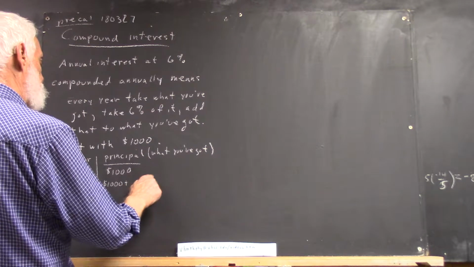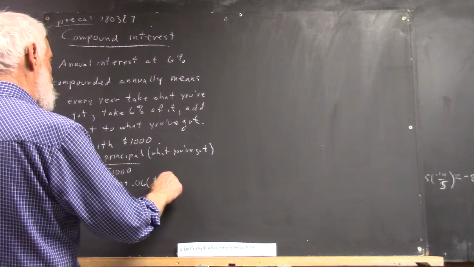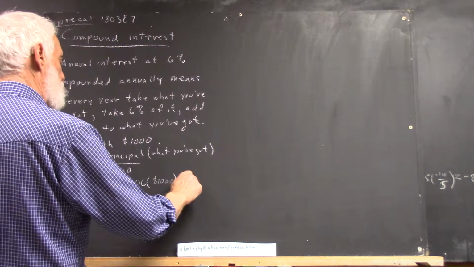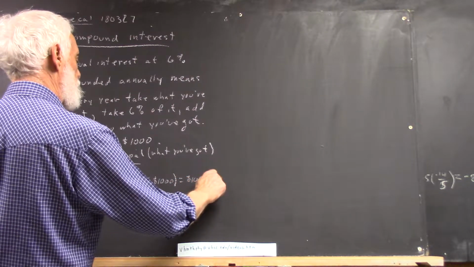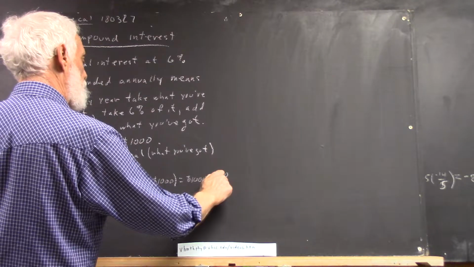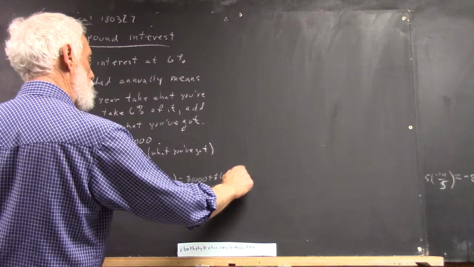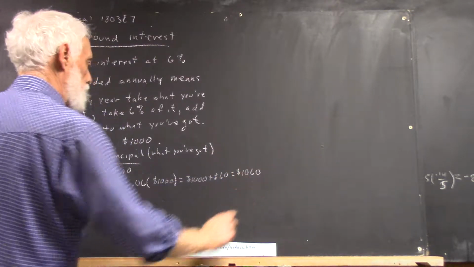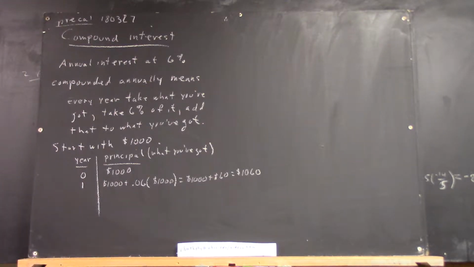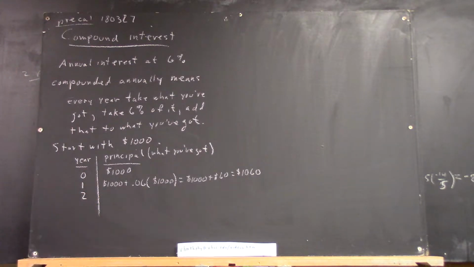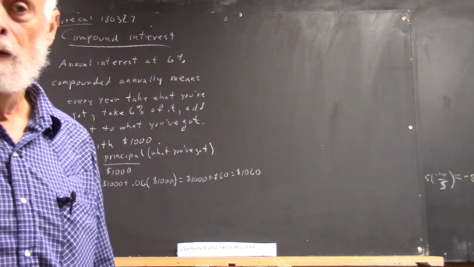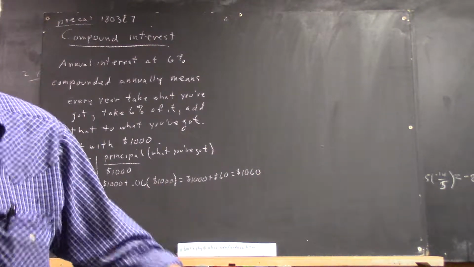Okay, so that's 0.06 times $1,000, and that is $1,000 plus $60 equals $1,060, right? So the first year you make $60 in your investment. Okay? Then in year 2, how much do you make? You make 6% on 1,060. Yeah, you make 6% on the bigger amount,